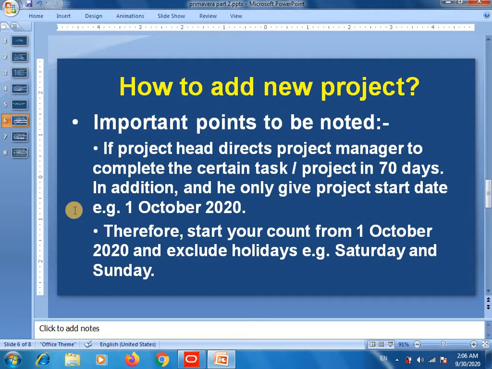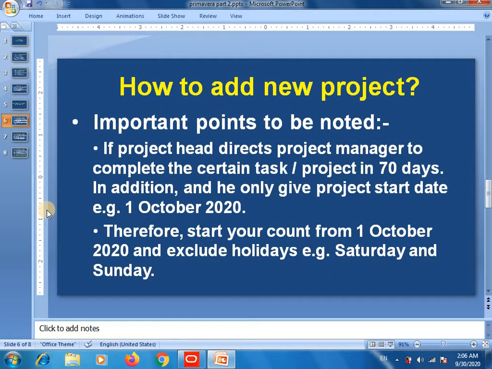If the project head directs the project manager to complete a certain project in 70 days, let's assume that our project head gave us a task to complete the project in 70 days, and he only gave the project start date, for example from 1st of October 2020. Therefore, start your count from 1st of October 2020 and exclude holidays.